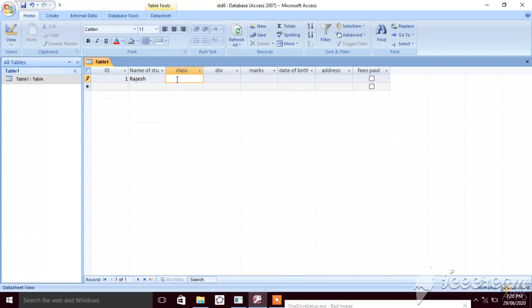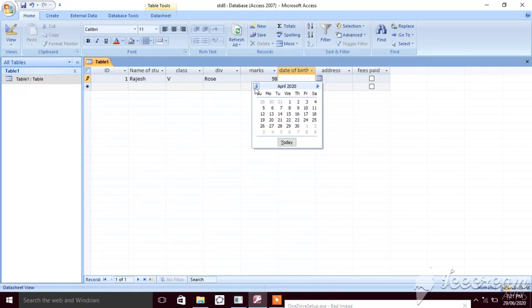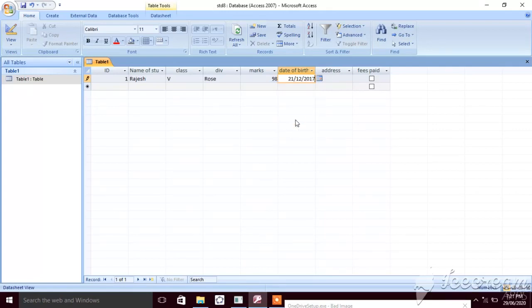Class 5th. Division Rose. Marks 98. Date of birth, so I can choose from the date picker here. Tentative date of birth I will take. I know this is wrong. Address, lives in Pune. Fees paid, yes.